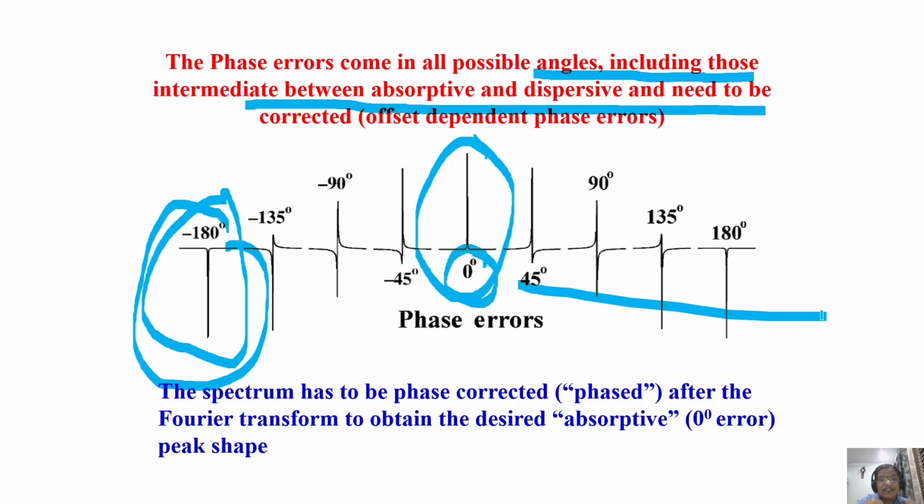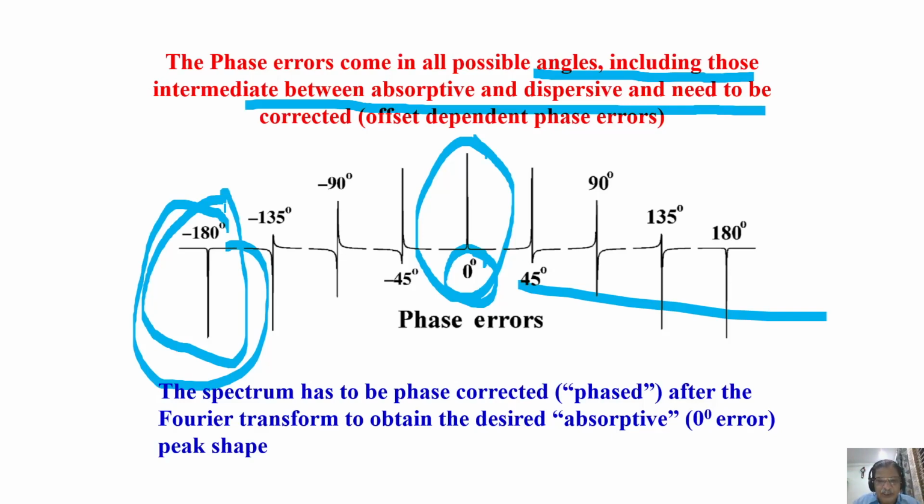Now, how do you correct the phase? This is the phase error, and it can be frequency dependent and frequency independent. Both types of phase errors are possible. We will discuss it now. But how do you correct it? The phase correction is nothing but your real component and imaginary component. You have to adjust them,